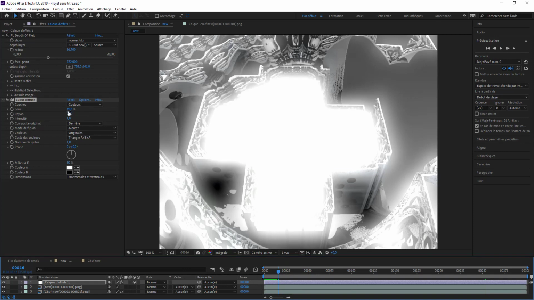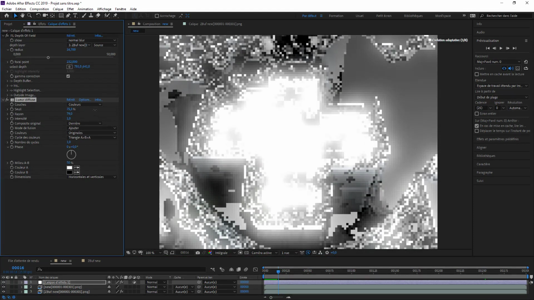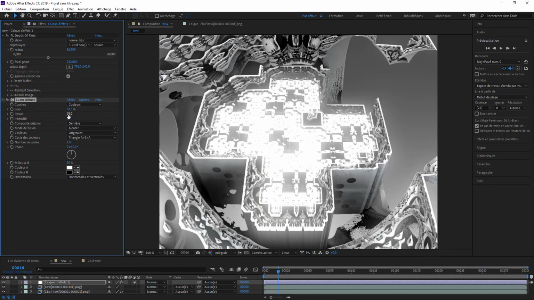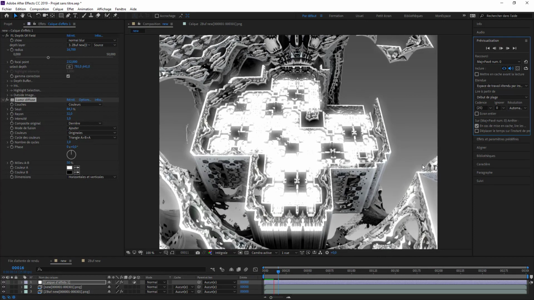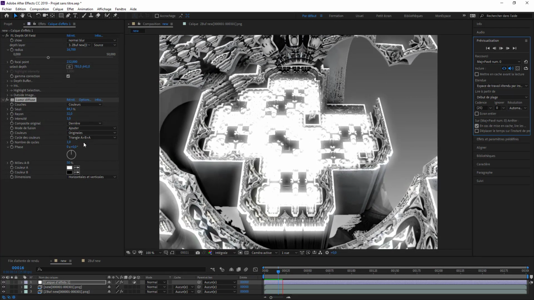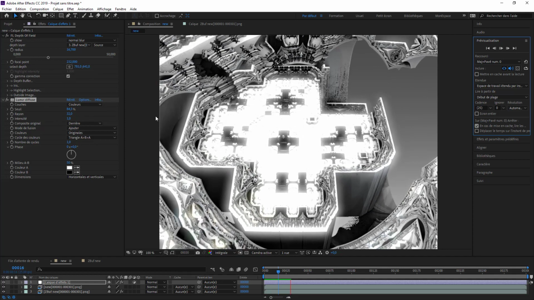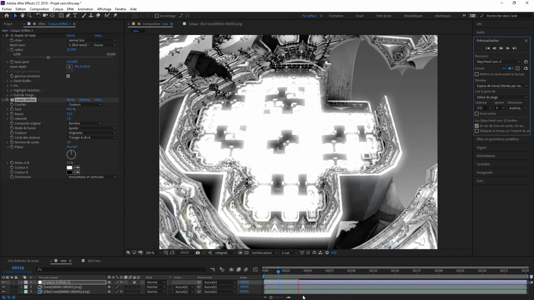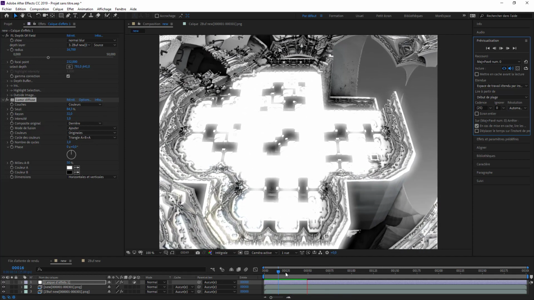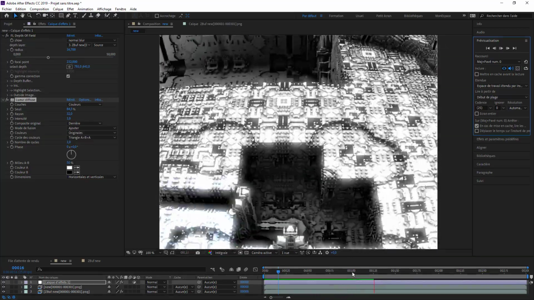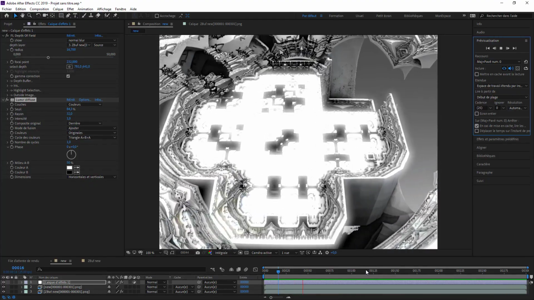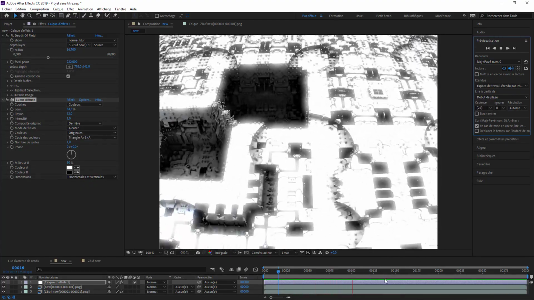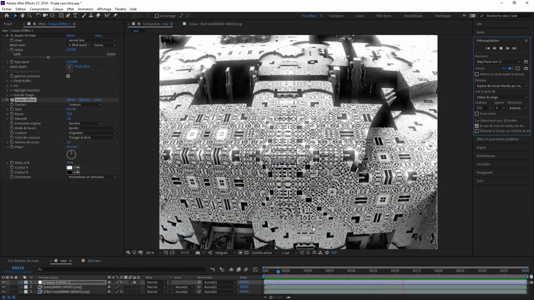So increase this value, and maybe decrease the radius like that, you see. And now if I press play, this is what we have. It's slow, because we had a depth of field effect, so now it's more calculation. So we will wait. Okay, it's finished to cache it. So we've got that. This is not too bad.